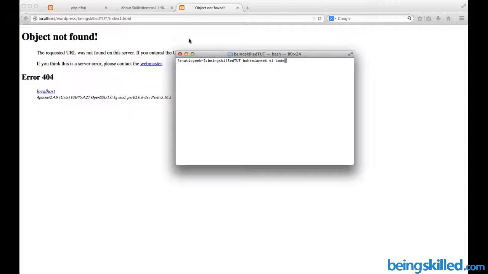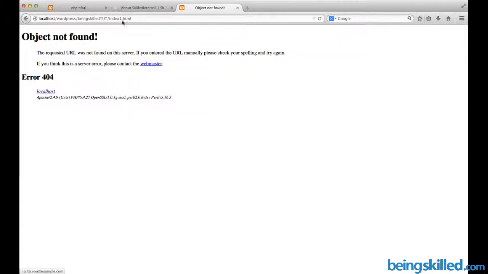So the first step would be to create a new file called index.php. Let's say it's index1.php, and then we will just type in the basic HTML tag, like this is the first tag of any HTML file, any PHP file, and then we will just type phpinfo, then bracket start, bracket close, and then semicolon, and then we will just close the tag. Now we will save this file, and now we will go to the browser.